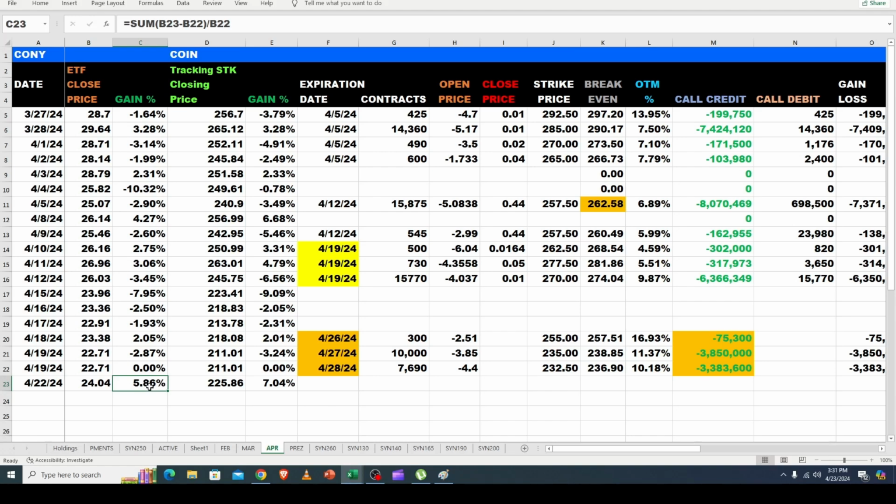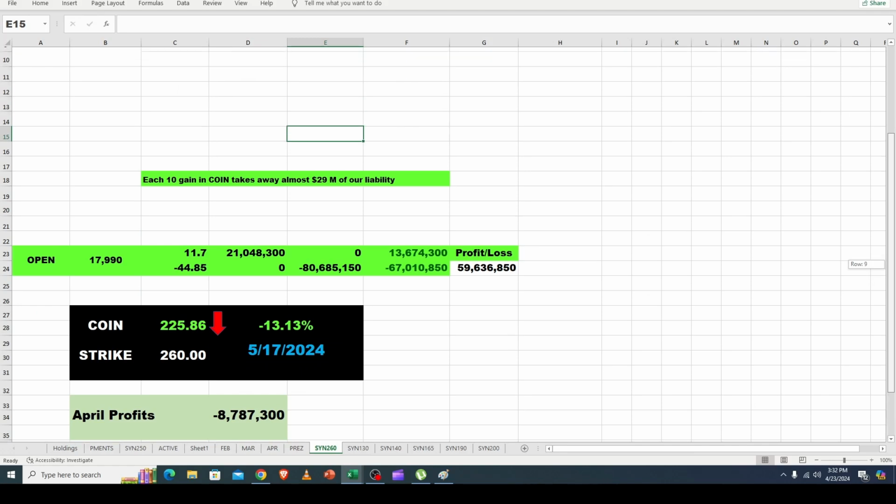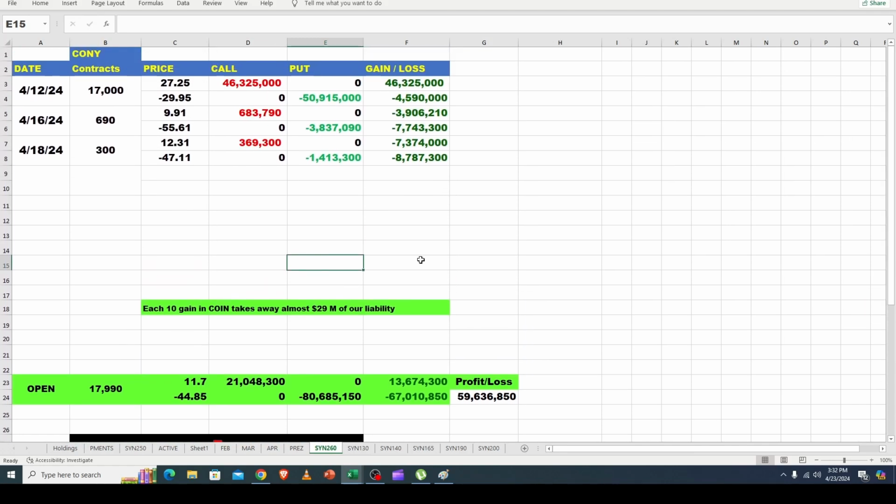But overall, very positive. We didn't have any trades to account for, but let me show you how it looks on our synthetic. I've also got some technical analysis that I'm going to do for you guys that impacts both CONY and MSTY. So let's go to the 260 position here, and let's take a look at this. This tells us that we're up pretty well, right? So no new trades. These are all in place,